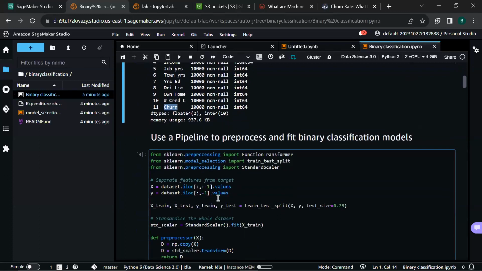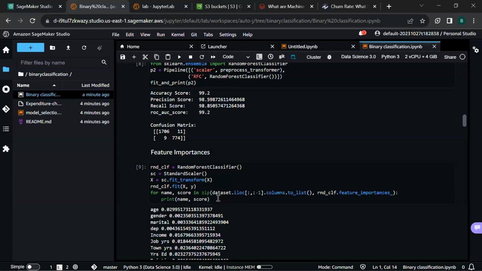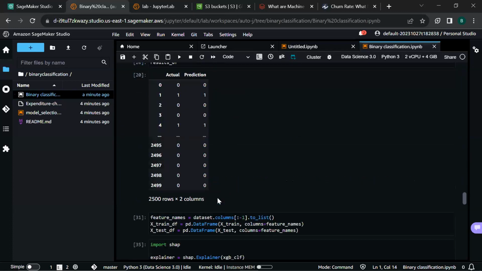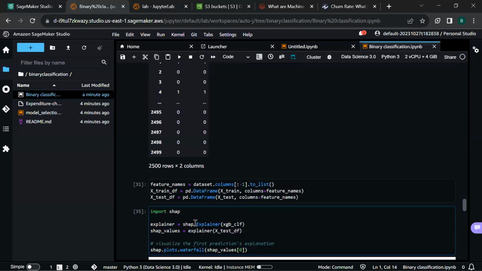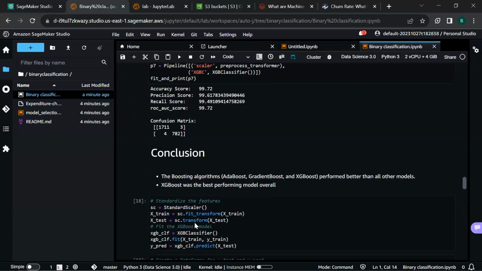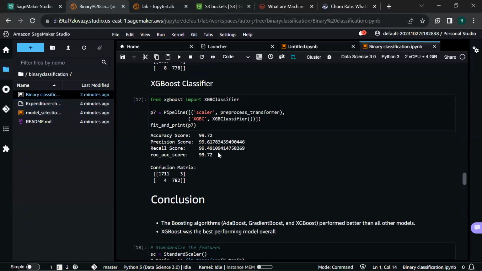So we are then going to create a model that tries to predict it, and we get a pretty good model using SageMaker that is 99.7% accurate. So we will not be going through how we created it, but I just wanted you to see how you can create a pretty good model with SageMaker Studio. And it really works well.